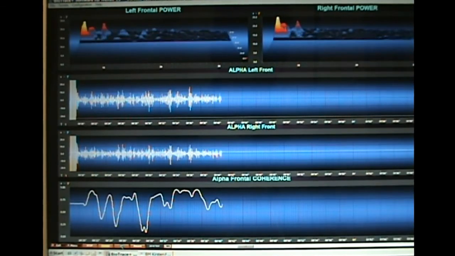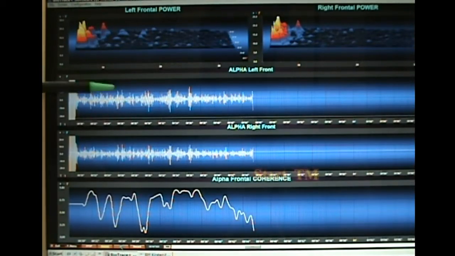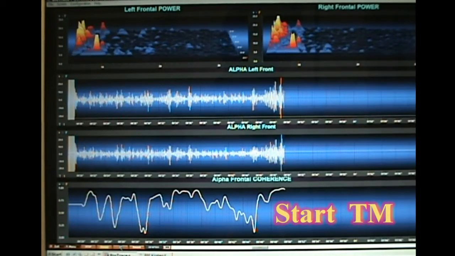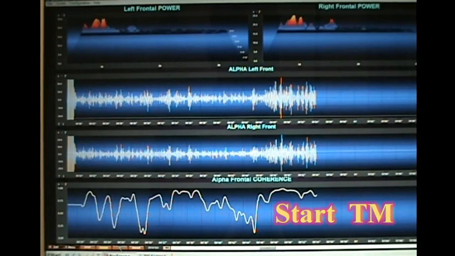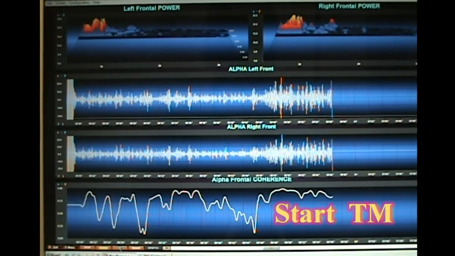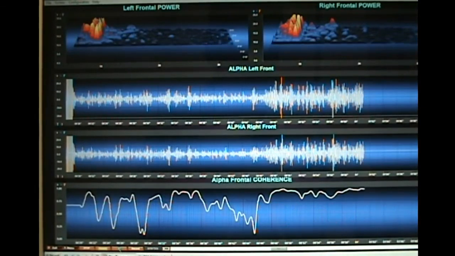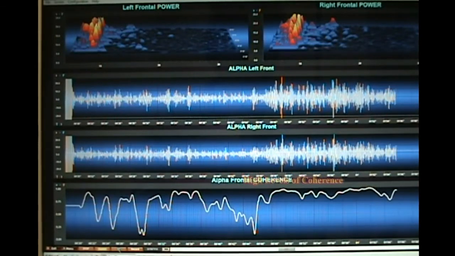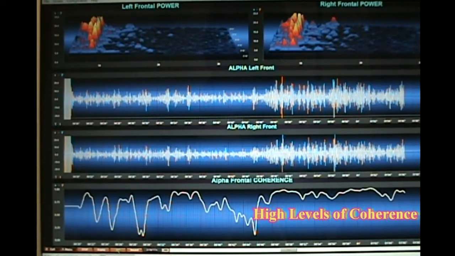Now we have a continuation of the recording. And notice your attention on the size of these waves and the nature of the coherence. So the person's begun the TM technique. Notice the changes right away. Within less than 1 second, the individual has been able to shift their entire brainwave activity from a very diversified, outward-oriented mode of functioning, I'm going to stop it, to a very unified and powerful, inward-oriented form of awareness or consciousness.